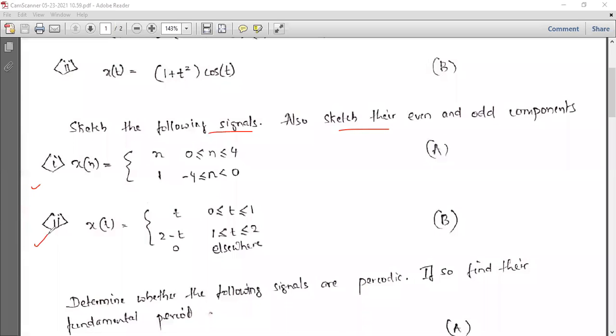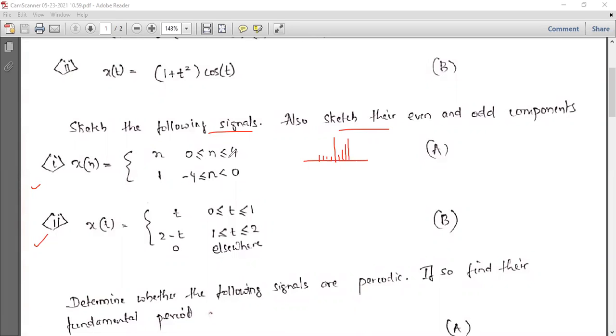So the intention why I gave these questions was I wanted you to be able to draw a signal based on the equations. And many of you have tried. Very good. The trick is you draw x of n and x of minus n one below the other. So n equal to, what was it by the way? 0, 1, 2, 3, and 4 on the right side. 1, 1, 1, and 1, up to 4 on the left side.